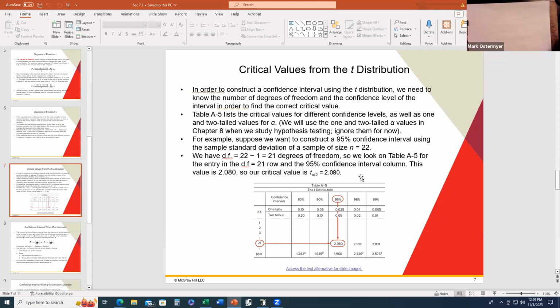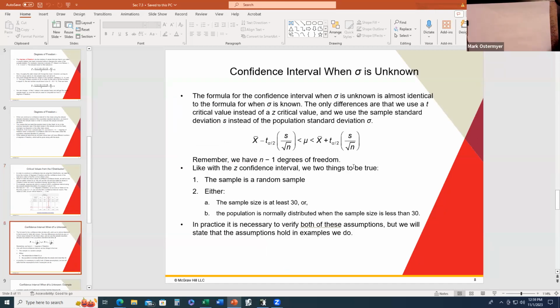Okay, so that way, if you don't have the inverse T function, you'll be fine in using the table. All right, so how do we build these intervals? Well, here they are. Notice this formula is very similar to our formula that we used to build confidence intervals for an unknown population mean mu, where the standard deviation of the population was known